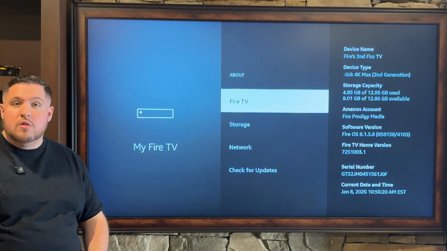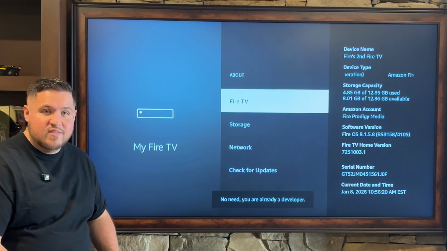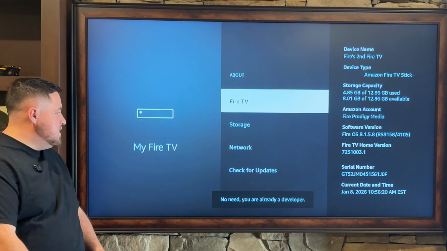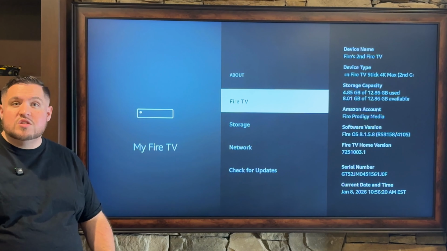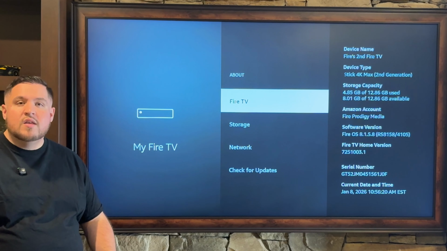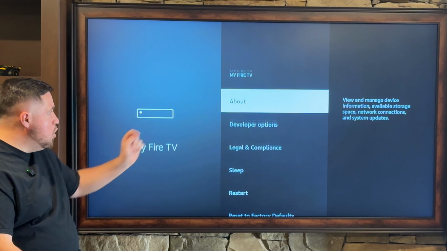Now, I said it's very simple. I wasn't kidding. Click the center button on your remote several times. As you can see, mine says no need, you're already a developer. Well, if you didn't have developer options, it would say congratulations, you're now a developer. Now that you're a developer, we can hit the back button on our remote, go down to where it says